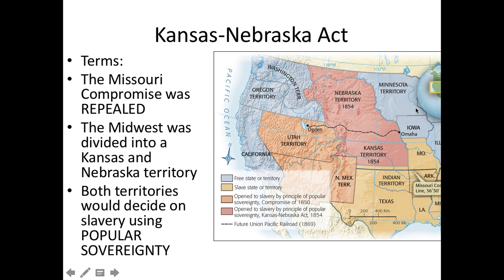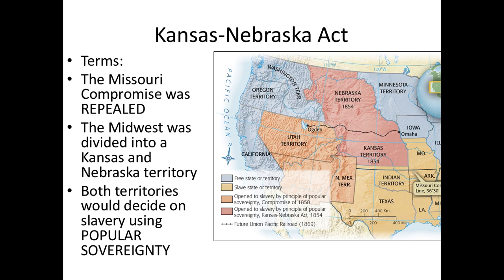Now, Stephen Douglas probably thought he was pretty clever because he had Nebraska territory right next to this land, which was non-slaveholding land. Similarly, you have Kansas next door to Missouri, which was a slaveholding state. So I think what Stephen Douglas was hoping for was that Nebraska would become free, Kansas would become slave, and you would maintain at least some sort of fairness or some sort of balance between free and slave states,